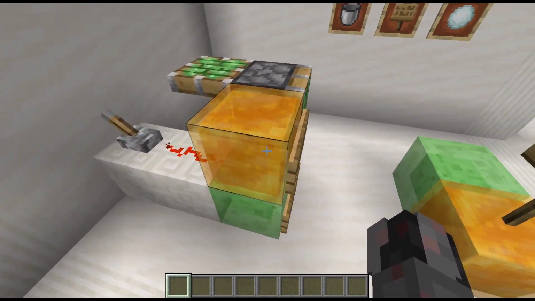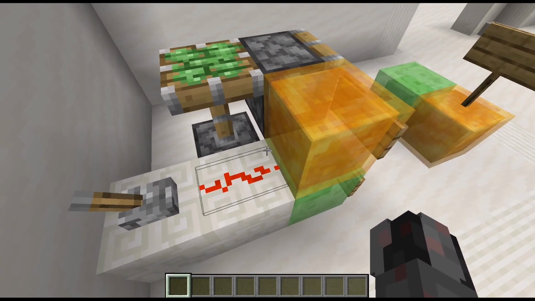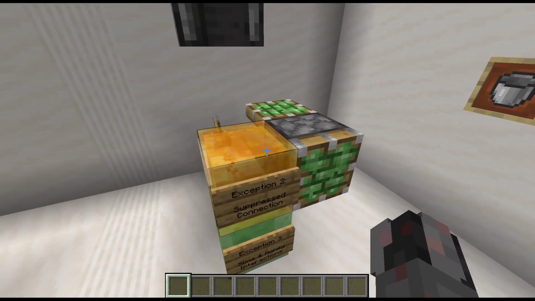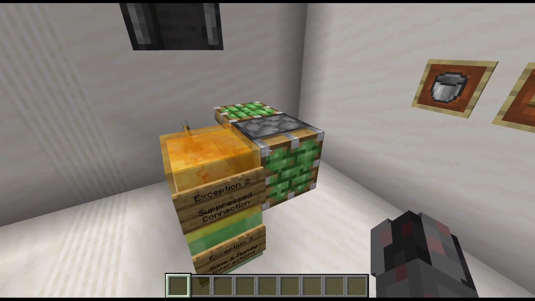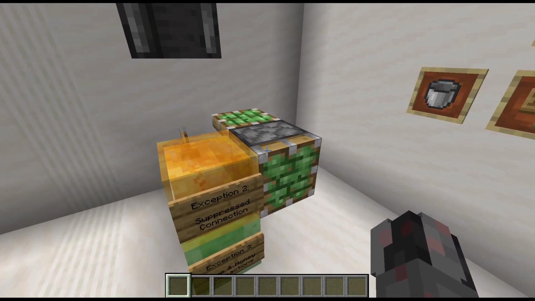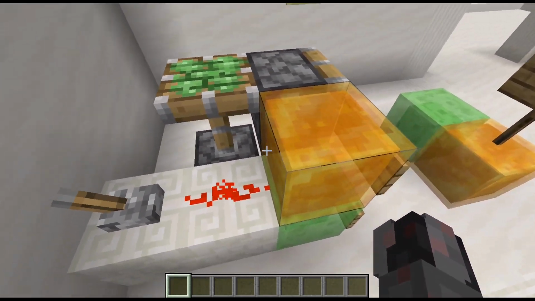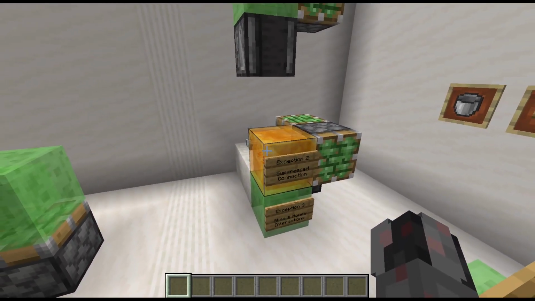The opposite can also be true. In this case here, I have some wire which, for example, powers this piston here at the back, but I don't want to power the piston I'm moving via the honey blocks here. If I were to replace this with a slime block, obviously I would now have a connection, and this piston here would be forcibly powered. So when you have redstone wire mostly running into honey blocks, then it's a bad idea to exchange that with